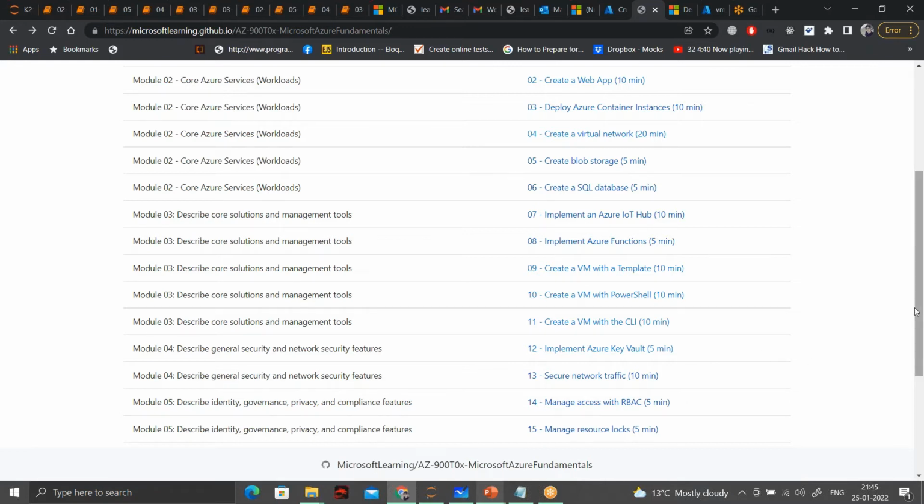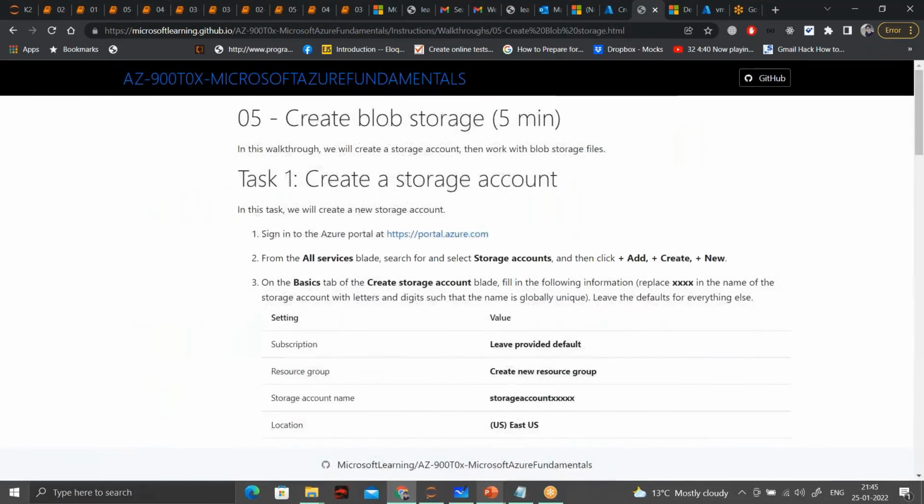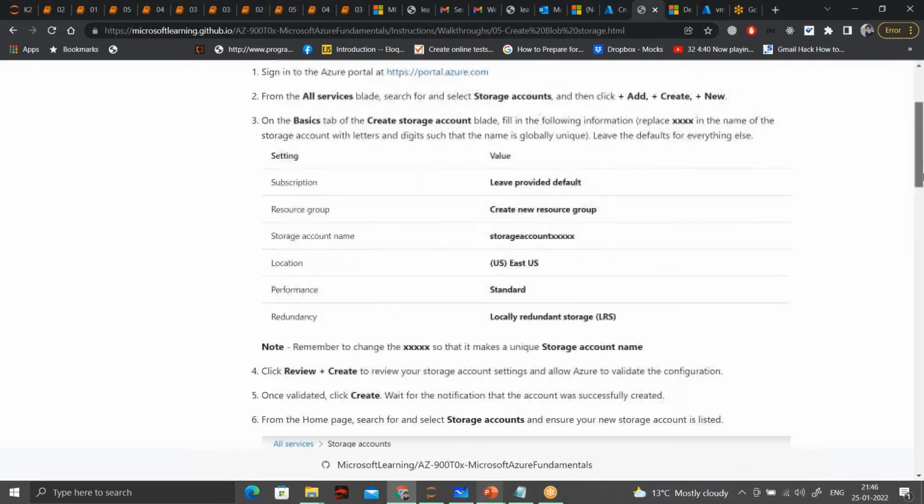Now, where is this exercise? Yeah, create blob storage. In this exercise, first we have to create a storage account, and then inside the storage account we will create a new blob container. It will be a storage location where we can upload and work with any blob. Let me just copy this name.